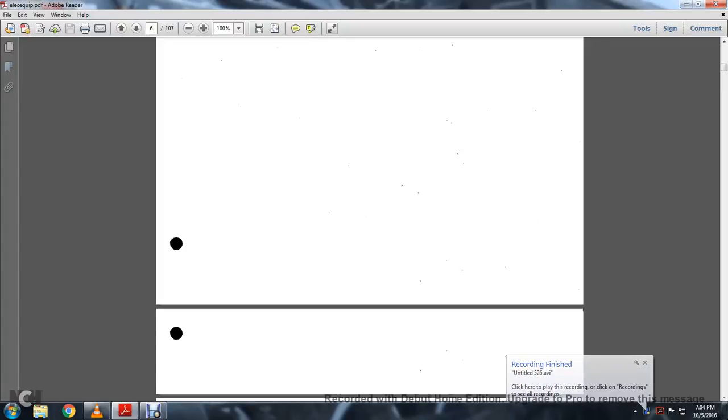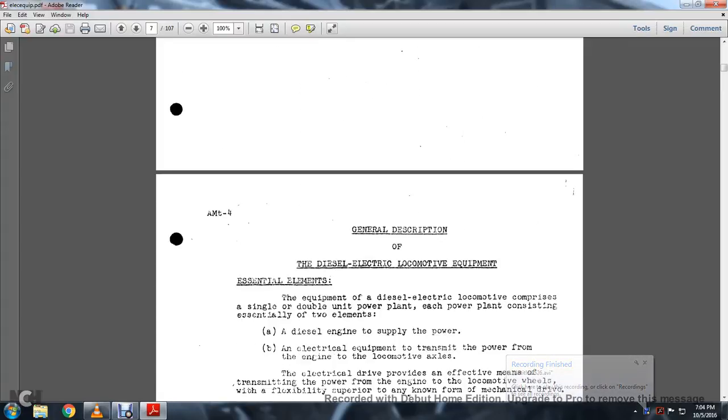Section 1, General. General description: the diesel electric locomotive. General description of the diesel electric locomotive. The essential elements: the equipment of the diesel electric locomotive comprises a single and double unit power plant, with each